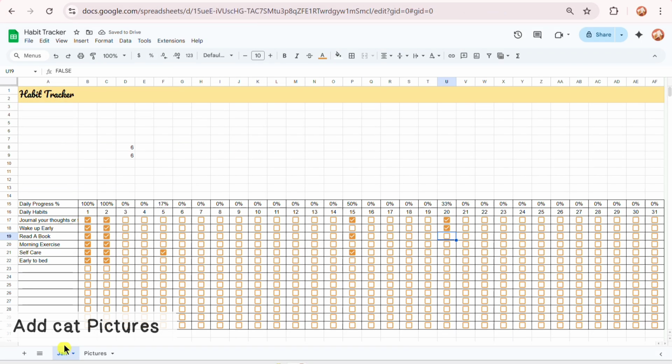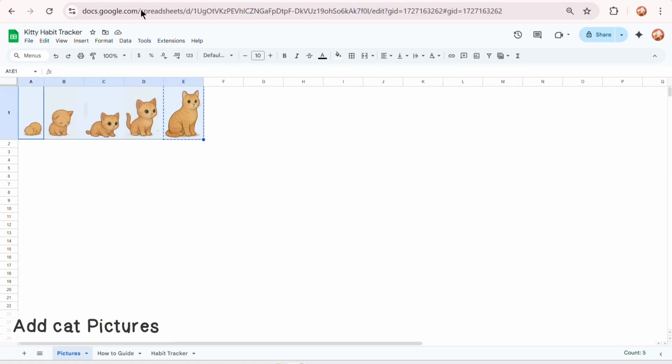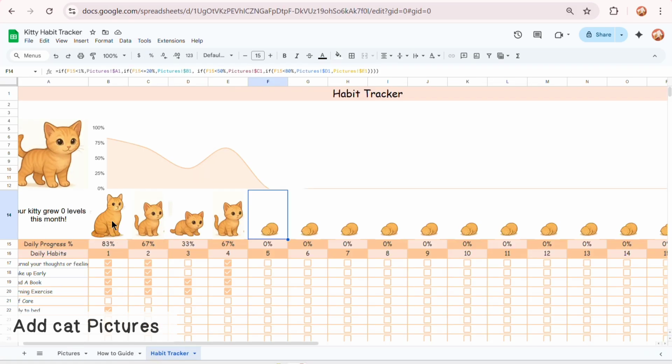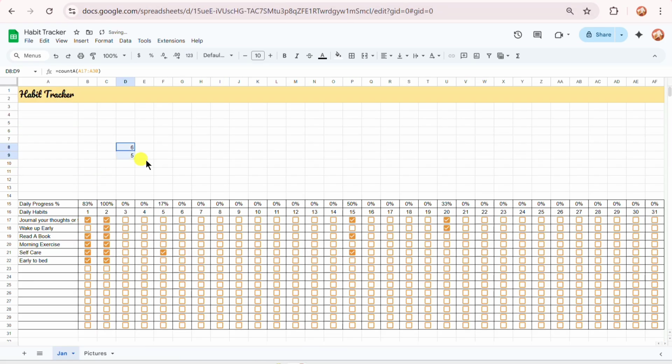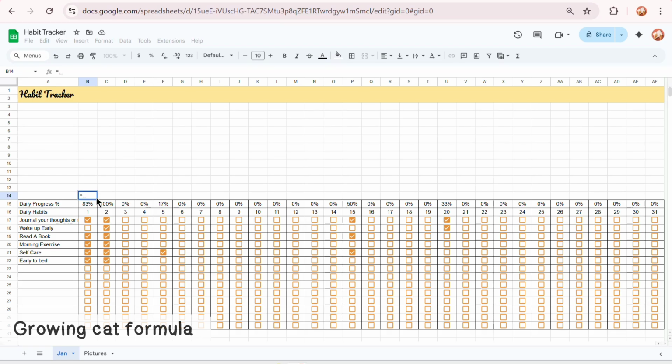So I think this is the step that you will be expecting, wherein when you check the boxes, the cat grows. Okay, now we'll proceed to type in the values. So to do that, we are going to use a if formula. Click on one cell, and here we'll use a if formula. Equals to if